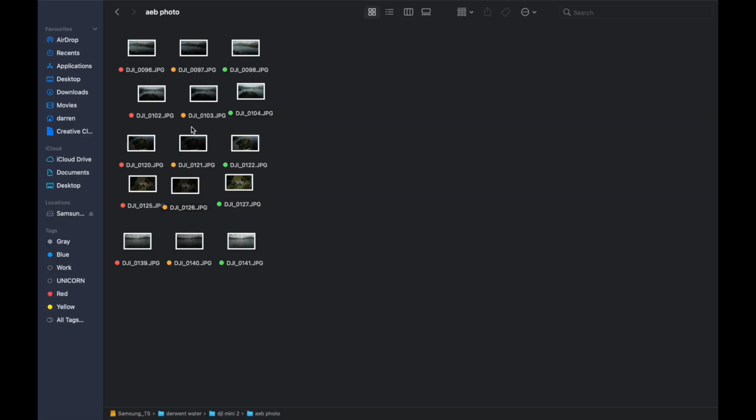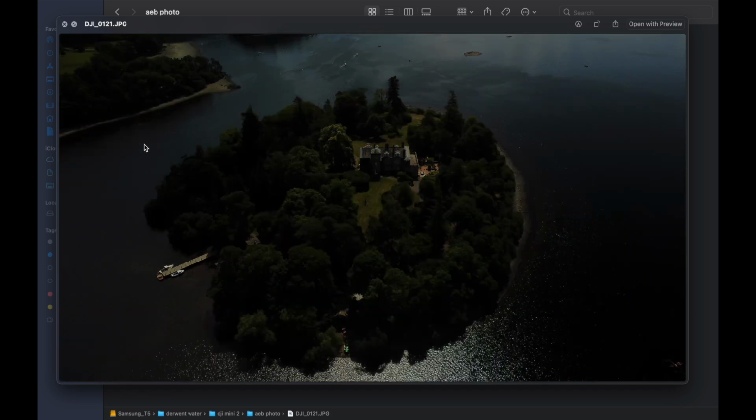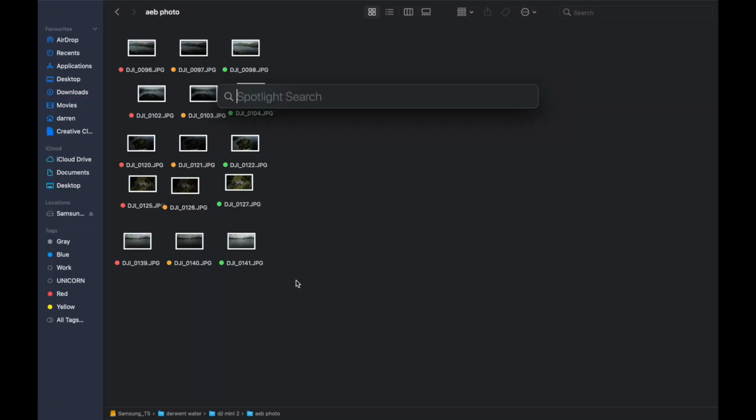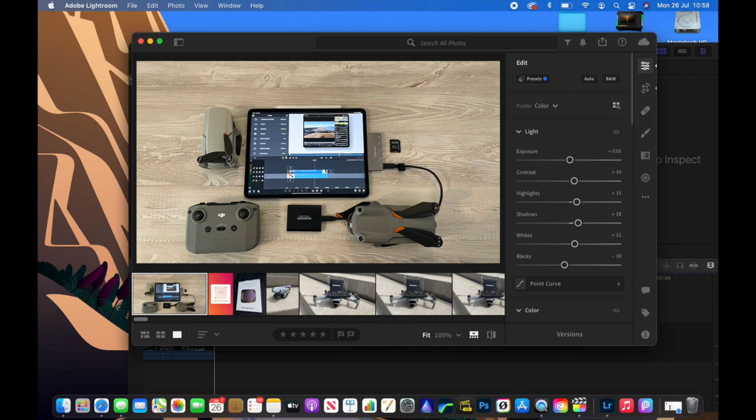So now they're all selected here. You can see by clicking on one of the photos, one is normally exposed, one is underexposed and one is overexposed. And then you merge all 3 together to get a HDR photo. So I'm going to use Lightroom for this example now on my laptop, and I'm just going to show you